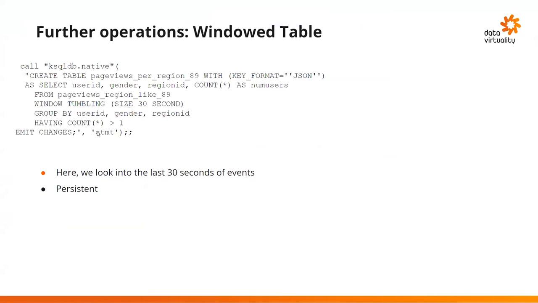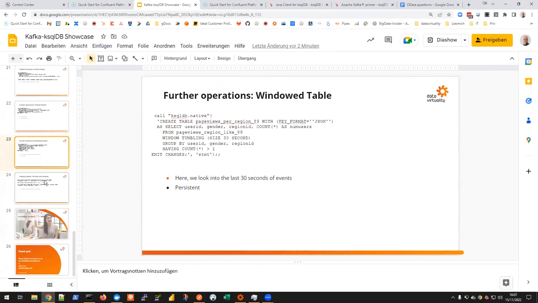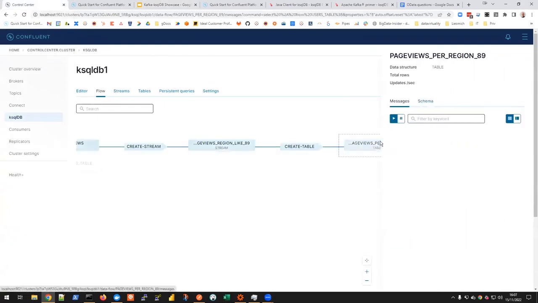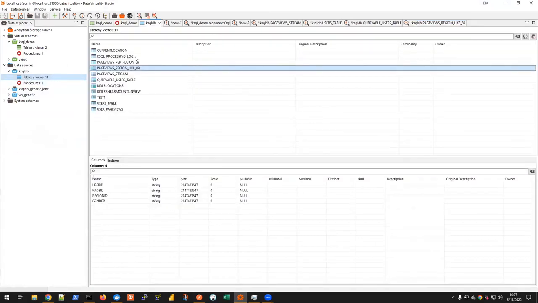And the grouping, and finally, this now is again a persistent query because I created the table. And let's inspect this table as well. And that would be our page views per region. And now, can I expand this? I really need to do this from DV now because it's invisible for me. So let's get back here and let's